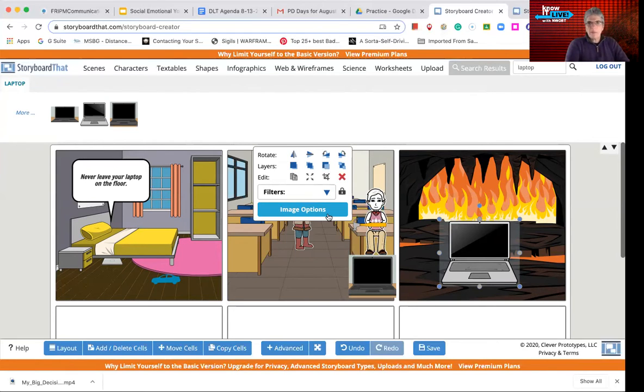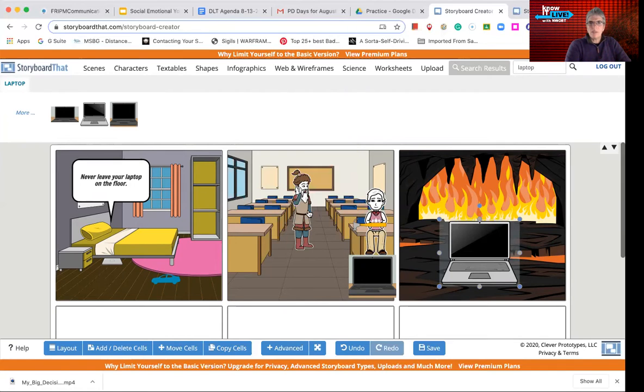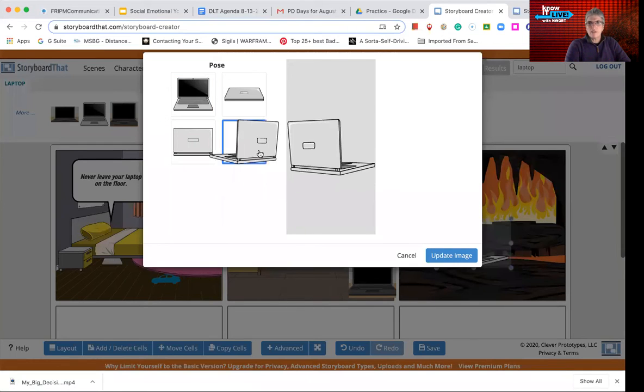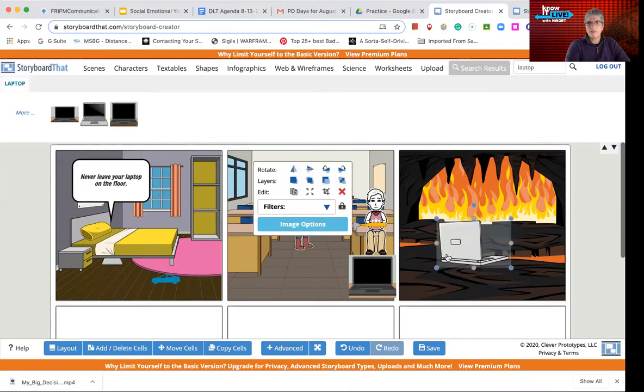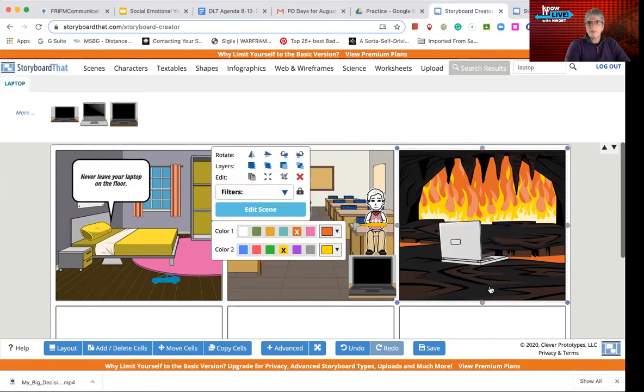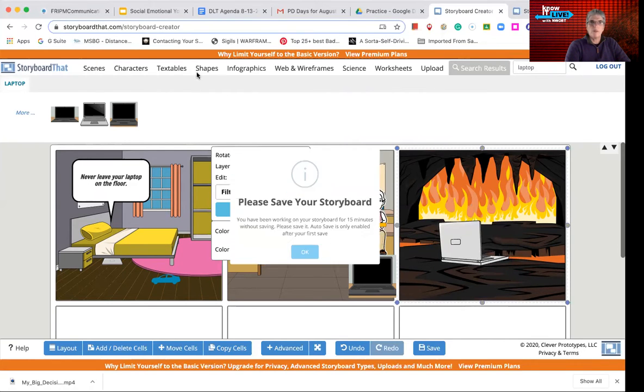You know, so I put this hammer in his hand and I moved his hand so it kind of looks like he's holding onto the hammer. And also I moved his feet so it looks like he's standing on the computer, that kind of stuff. But we're on this laptop, you have image options, and it looks like I can turn it. So let's see what that looks like. So someone's playing with their laptop near the fire, and we want to go and get